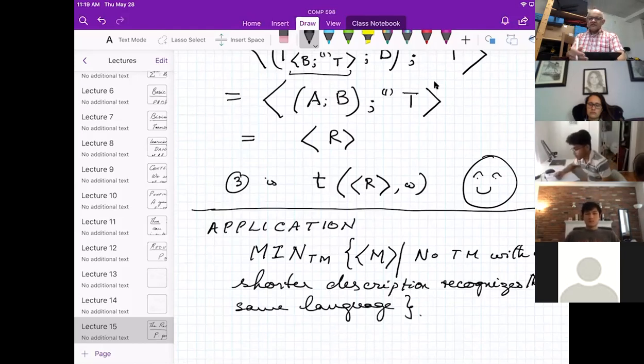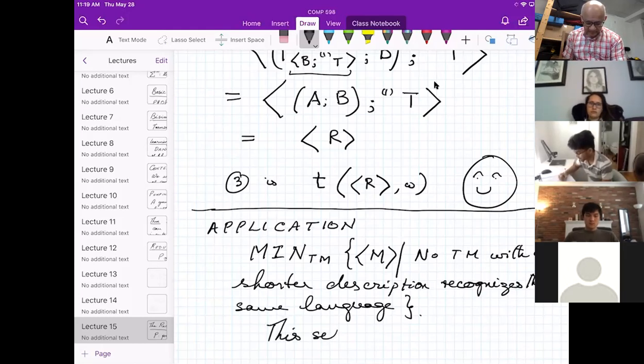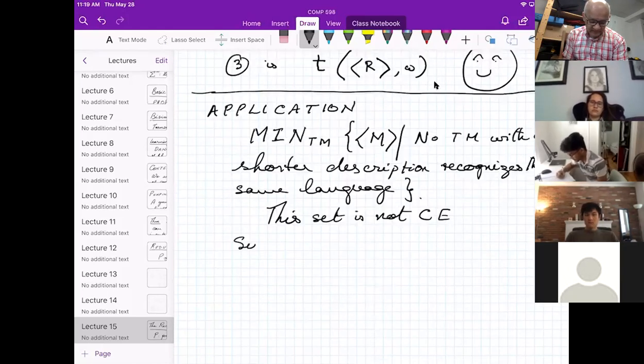Okay, so you would like to say, look, I want for every possible algorithm or every possible computable function, the shortest description possible. And I want to collect these in a set. So clearly, for all algorithms, there is some shortest program. The trouble is this set is not even CE. Okay, so we'll prove this by contradiction. Suppose